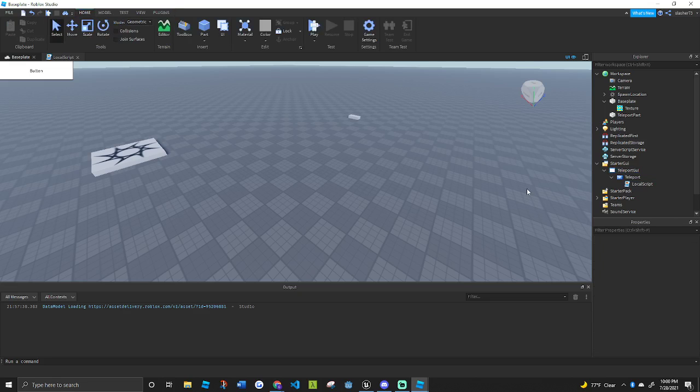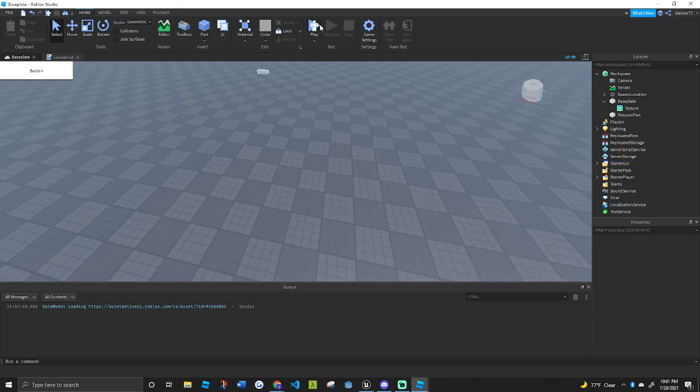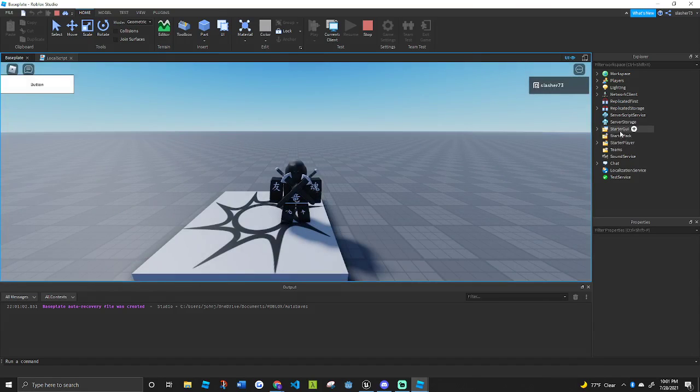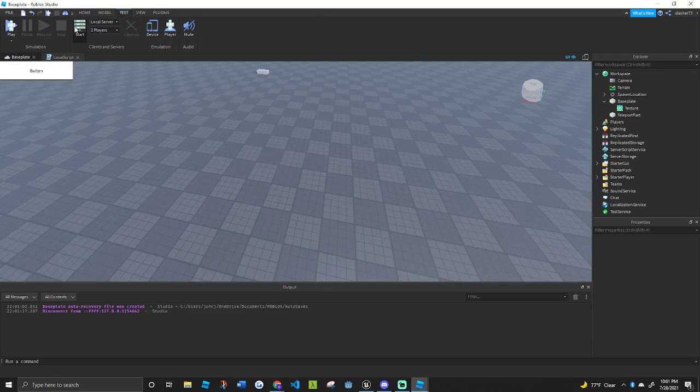The reason these things are called starter, like you might see a lot of these have starter at the front of their name, is because if you have anything inside of them, then when I play the game, the things in these starter folders are going to get put into my player, into the respective folders that go to them. So in the player GUI, I have my teleport GUI here. The GUI that's in starter GUI is not the one that belongs to my player. So if I have multiple players here,